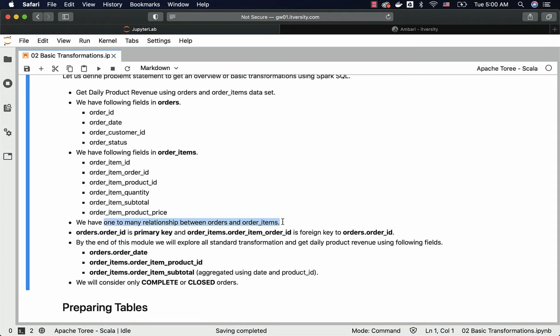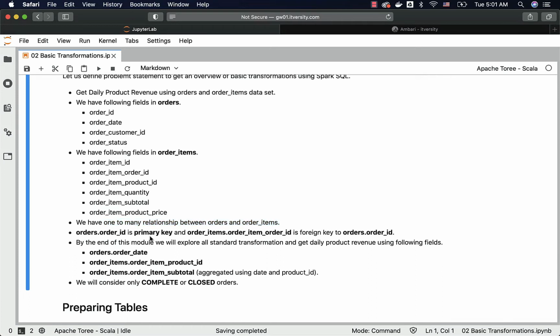If you think from a Flipkart or Amazon perspective, as part of one order, you might want to place multiple items. For example, if you are trying to purchase items for your home theater, you might have a TV, HDMI cables, 3D glasses if it is a 3D TV, a sound system, and so forth, all bundled together in one order. So that's where we have a one-to-many relationship between orders and order items.